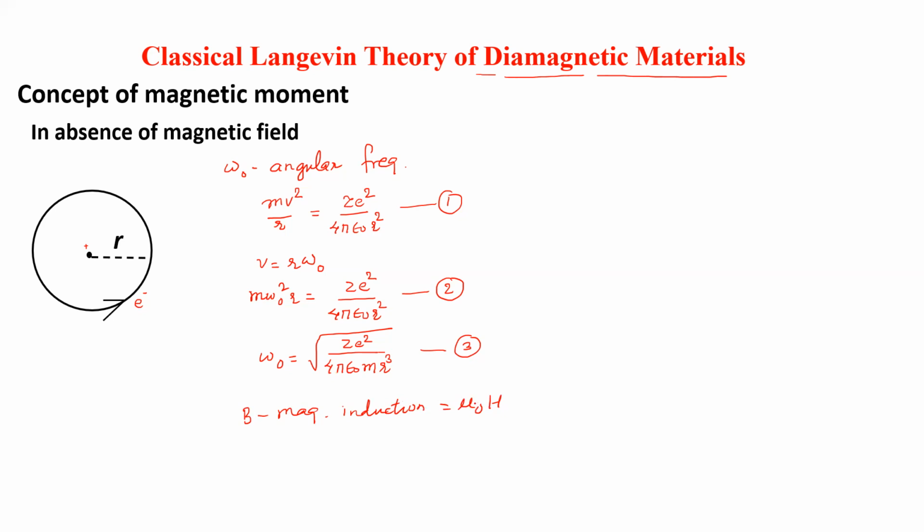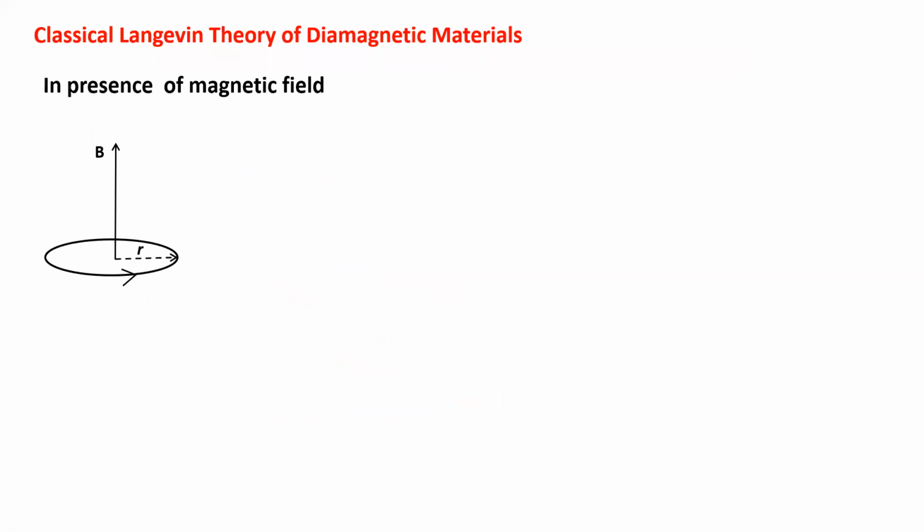Then the electron will be acted upon by one more force, and it will be the Lorentz force. The Lorentz force acting on the electron is F equal to minus e into v cross B, where v is the velocity and B is the magnetic induction. Now we are speaking in the presence of the magnetic field. If you assume that this magnetic field is perpendicular to the orbit like this,